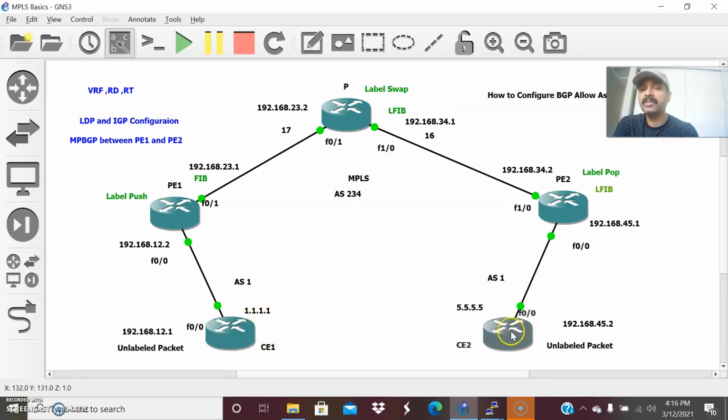Because in case both of these customers are in the same autonomous system number, it will discard the update if it sees its own autonomous system number in the path received. So that is the reason initially this prefix was not getting advertised in the BGP table, and not in the BGP routing table. So after configuring this BGP allow ASN attribute, it will automatically allow the update from the same autonomous system number. So in this case, it is in the same autonomous system number. So allow ASN will allow the update from the same autonomous system number. So that is the purpose of allow ASN.